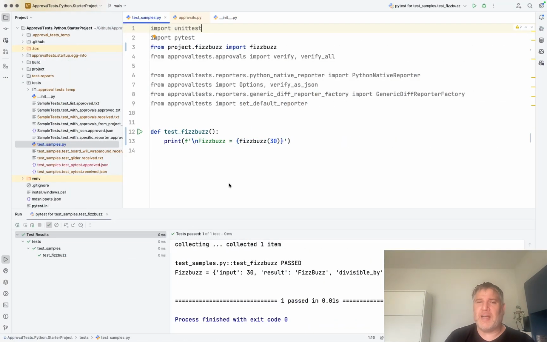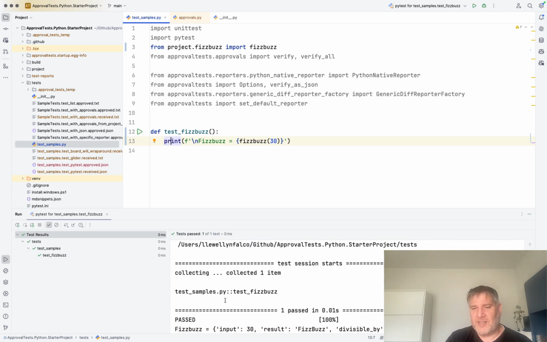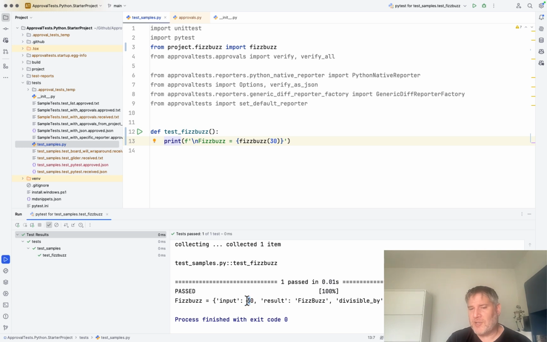And I have a project here, and I'm doing a small variation on FizzBuzz. So normally FizzBuzz is you give it a number and it gives you a result. We're going to do just a little bit more than that. We're going to do FizzBuzz with metadata. So you can see here I have a print line, and when I run this, I can see I passed in 30 for my input. I got the result of FizzBuzz, and it tells me that this number was divisible by both 3 and 5. Right? And so I'm getting back this object,